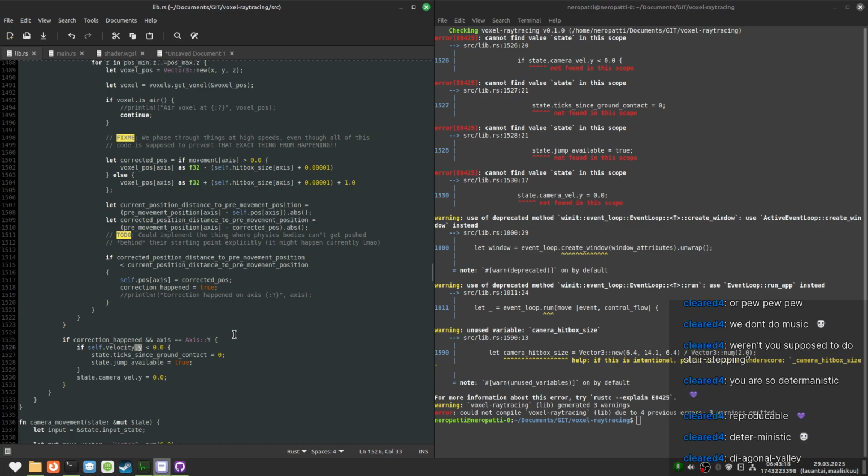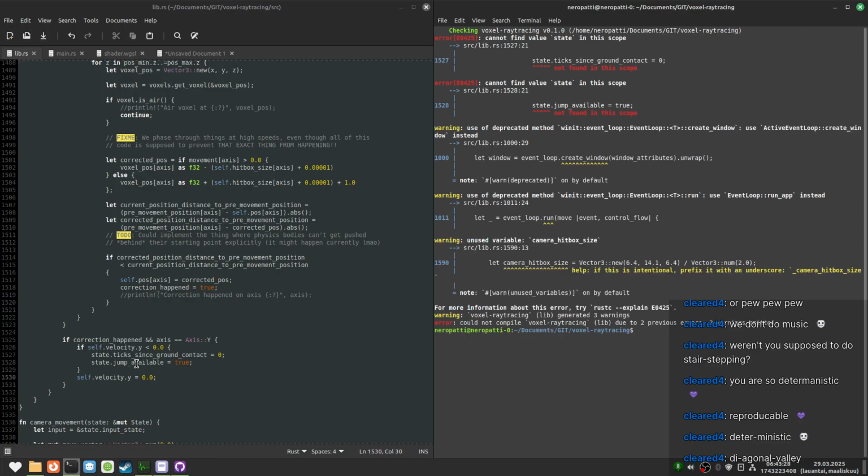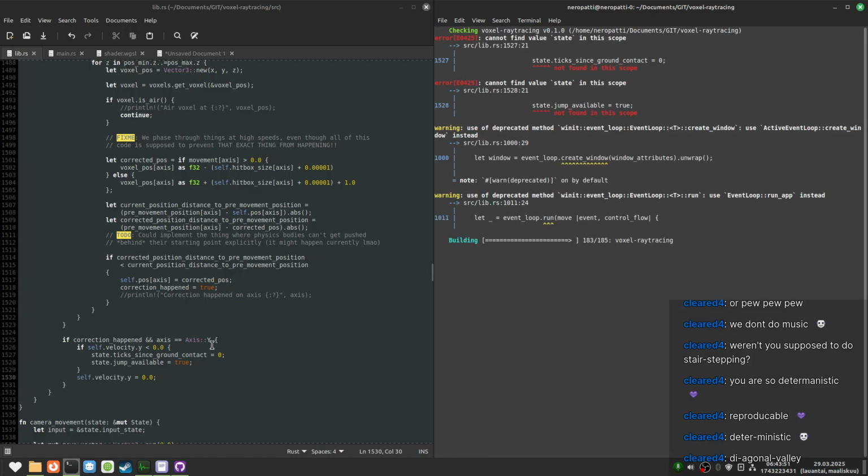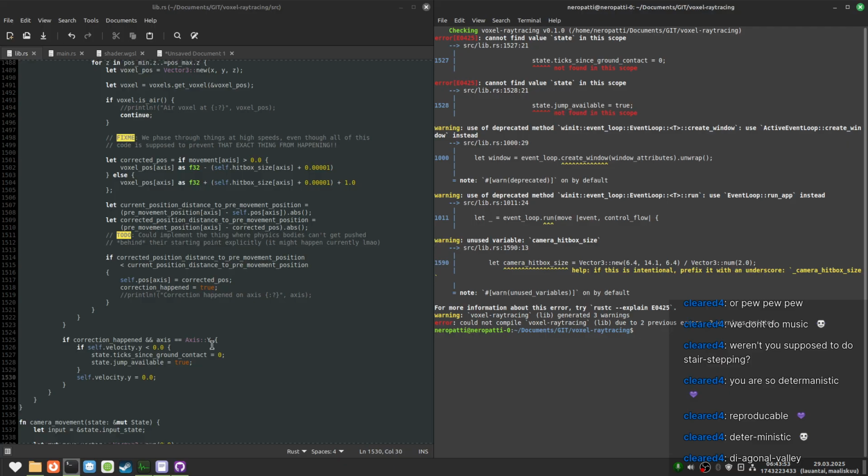It's so convenient. I should probably reset the velocity on other axes as well when they collide, but I'll do that later.